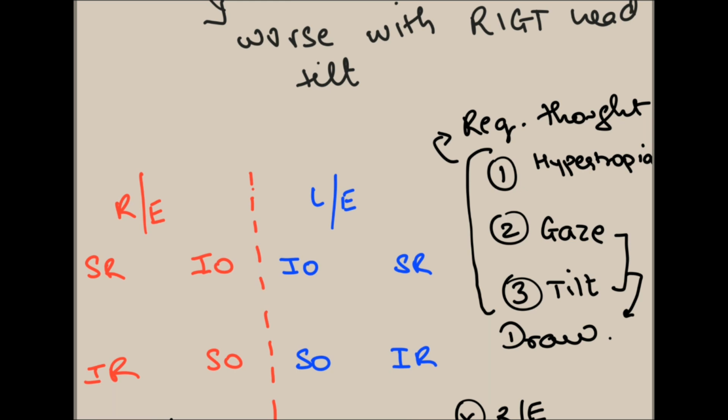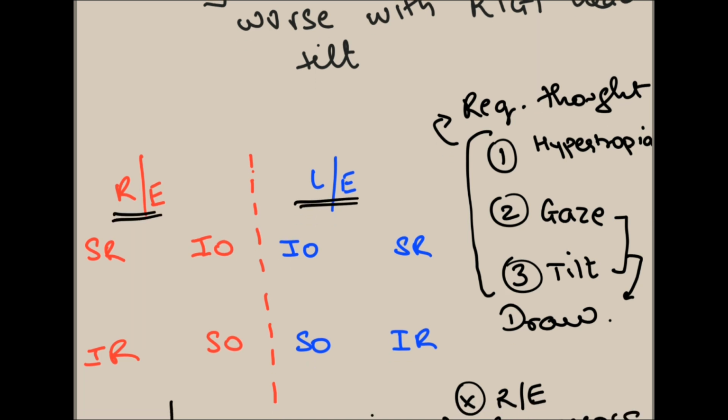You imagine that the patient is sitting in front of you. So his right eye is actually on your left and his left eye is on your right. So you write it like that, and the elevators of the eyes are written on top. So superior rectus and inferior oblique, and similarly inferior oblique and superior rectus for both the eyes. Just notice that I have written the obliques medially, like towards the nose.